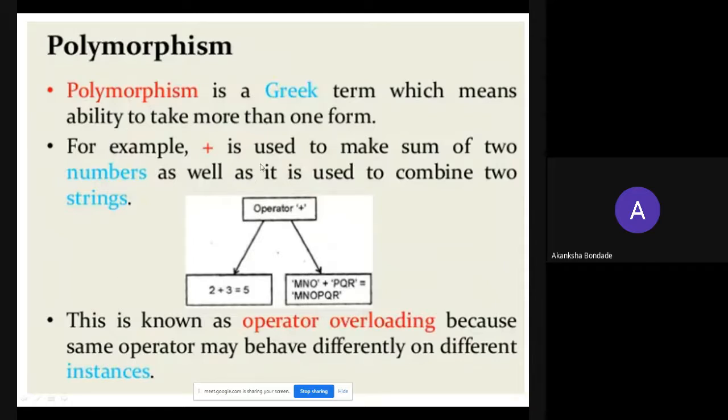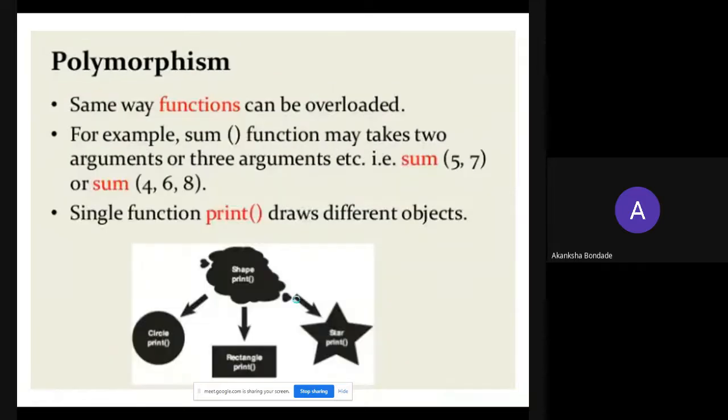For example, plus is used to make a sum of two numbers as well as to combine strings. This is also known as operator overloading, because an operator may behave differently on different instances. Look at this operator plus: here it is used as an arithmetic operator, and here for the concatenation of two strings.